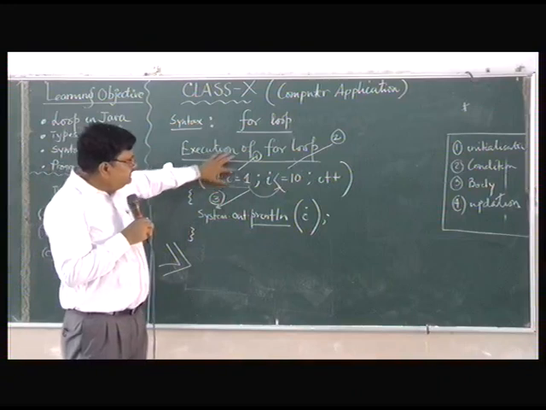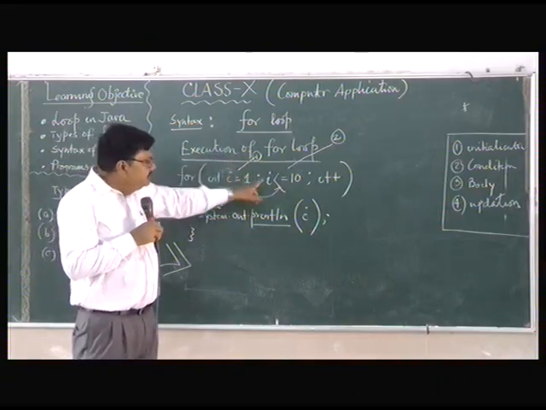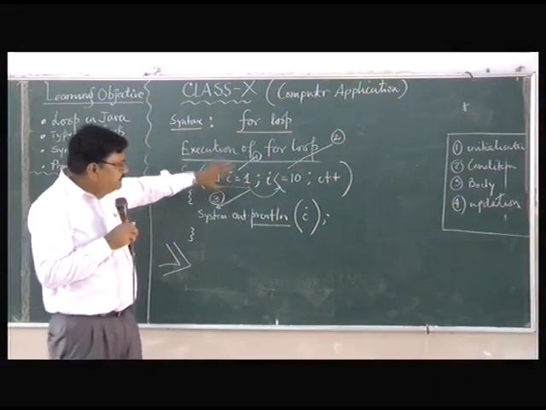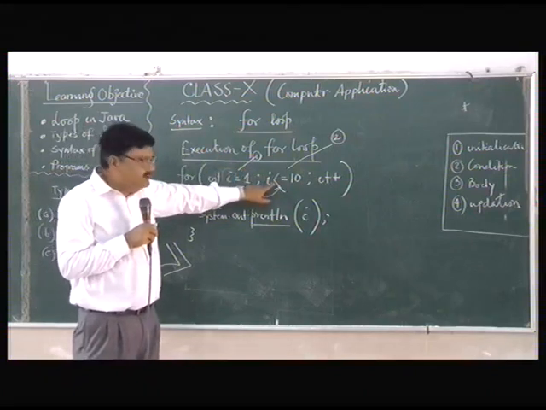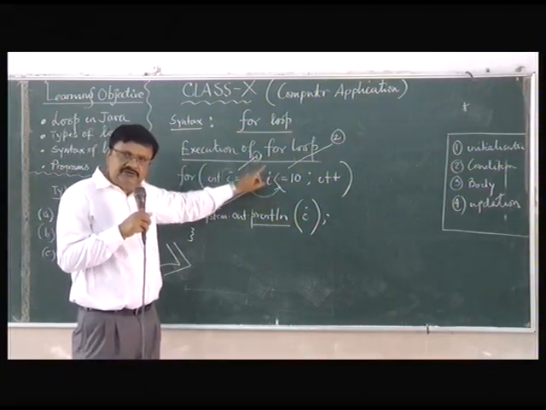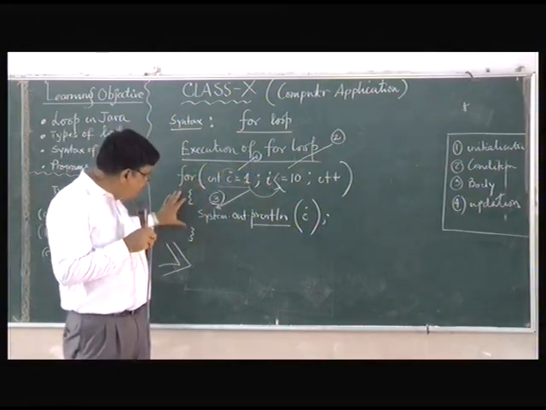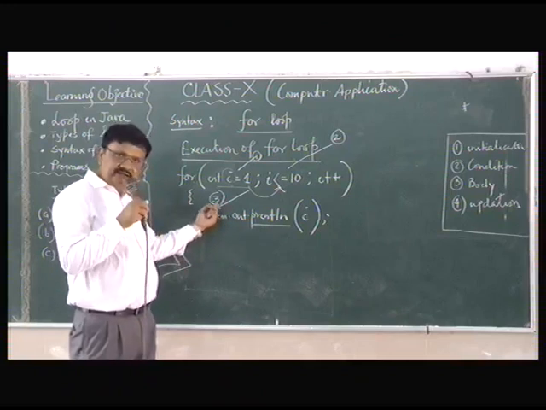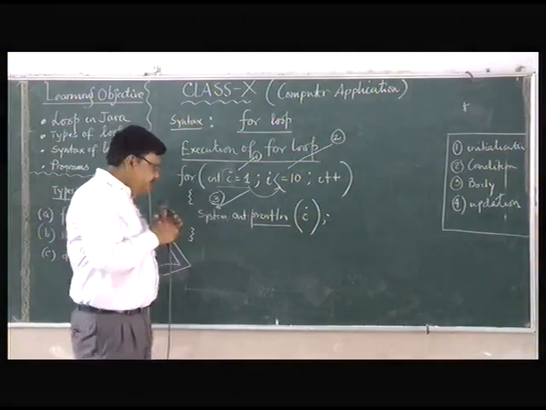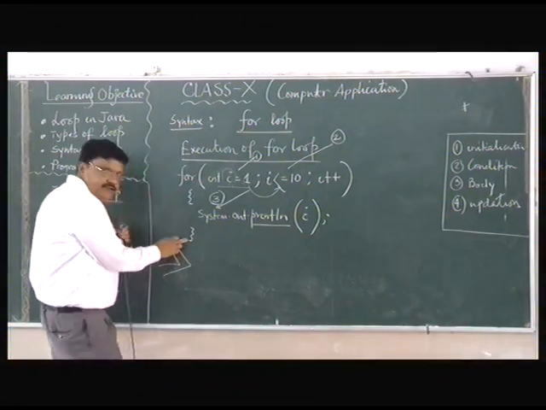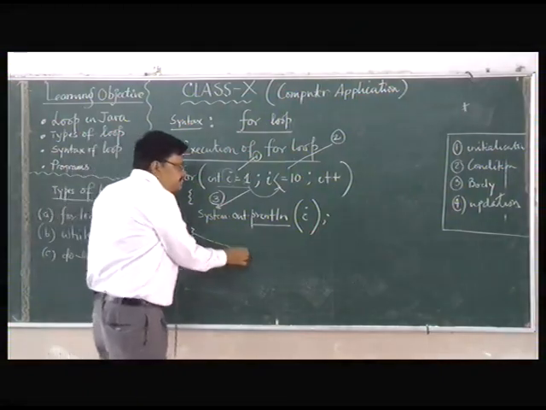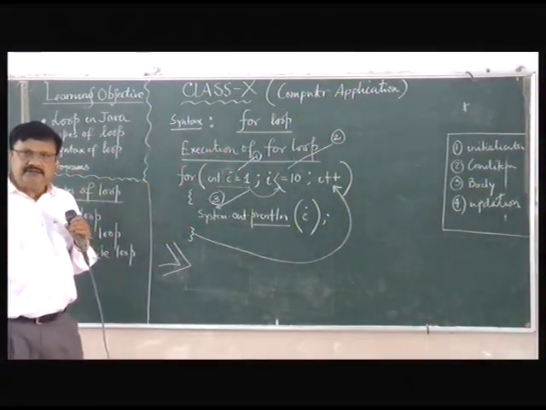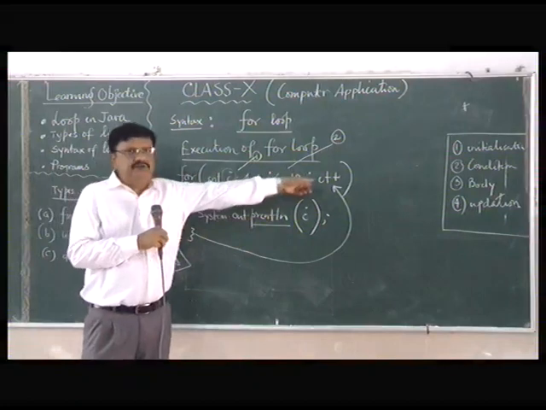I've already told you, first one is the initialization, i value is 1. Then is 1 less than or equal to 10? Am I right? It is less than or equal to 10. It takes the value and checks the condition. Is it true or false? It is true. So if it is true, it will come into the body of the loop. What is the body? This is the body. So it will execute this statement. This is stage 3. Then after it prints, it will come to this point, which is for the updation. Next stage, the fourth one, is the updation.